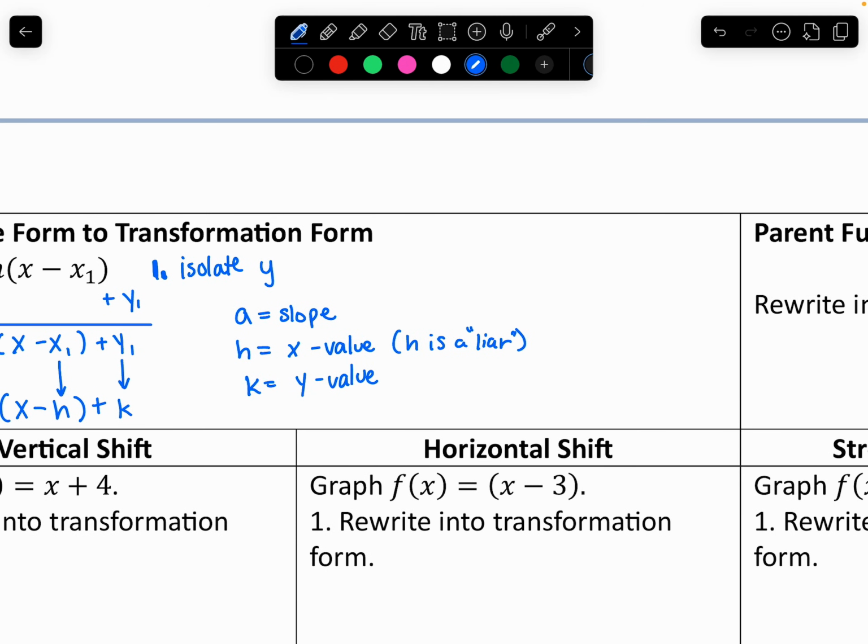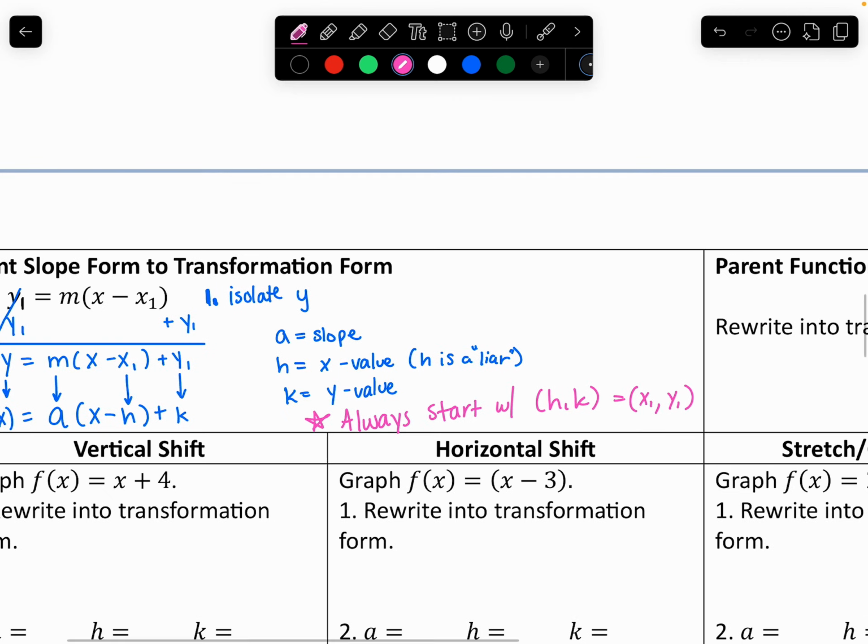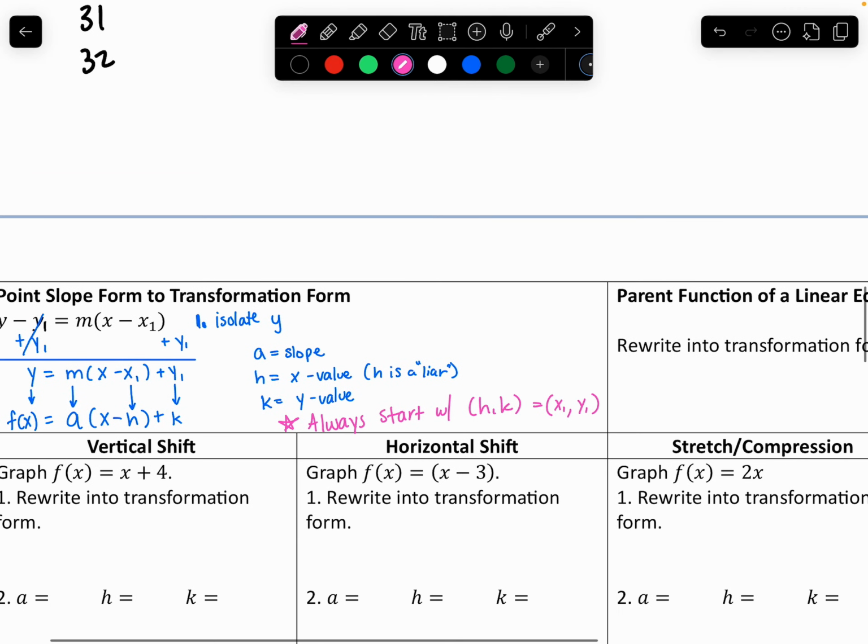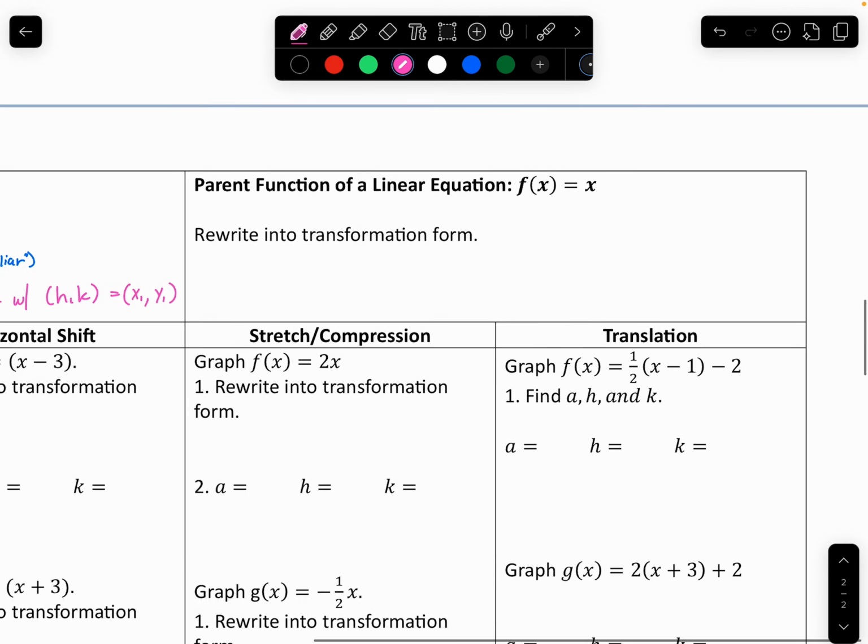We always start, so if you guys have your pink highlighter, always start with hk or your x1, y1. Okay, again, it's just point slope form written differently. All right, so